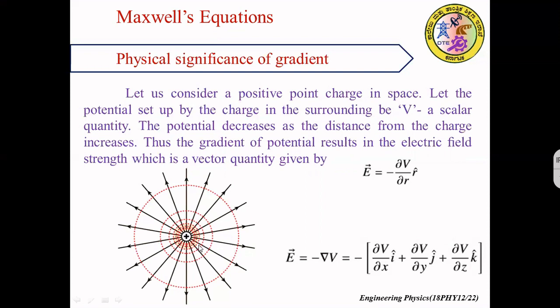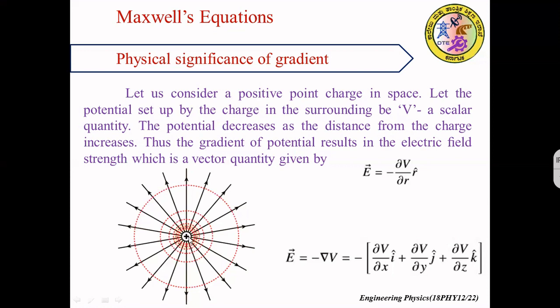So suppose the variation of potential is marked, and the line joining constant potential is plotted here. Then we get concentric circles. We have a positive charge here. The potential is changing at various points around this charge. We are marking the concentric circles, where each circle represents the points having the same potential. So they are equipotential points. Each circle represents the equipotential points.